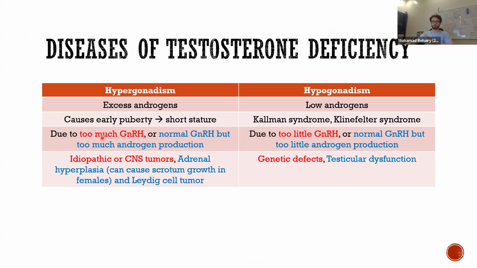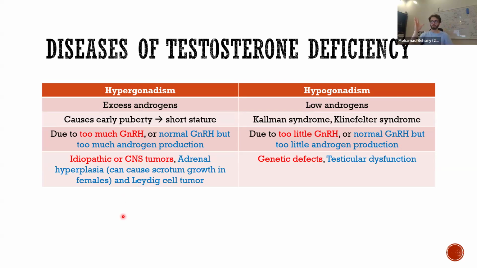Now, guys, just to orient yourselves, red matches with red, blue matches with blue. Too much GnRH can be due to tumors in the central nervous system, meaning a tumor of the hypothalamus, for example. It will release too much GnRH. Or in the case of normal GnRH but too many androgens being produced, this can be seen in adrenal hyperplasia, when the adrenal gland becomes cancerous and starts secreting a lot of androgens,